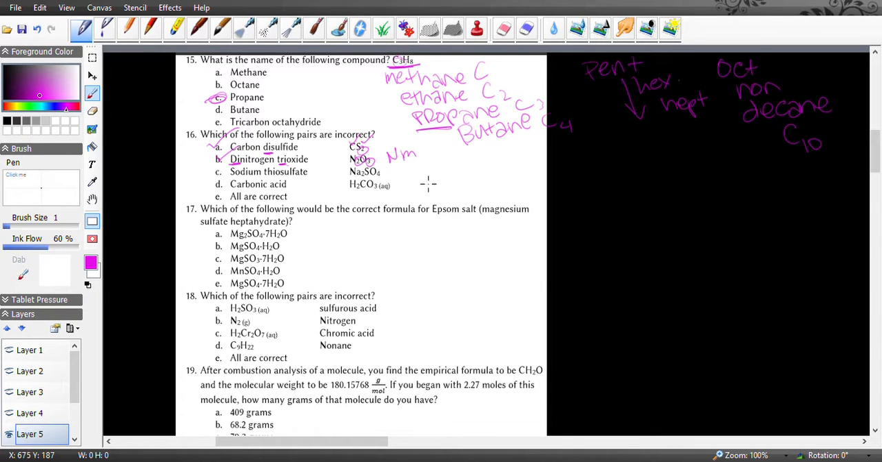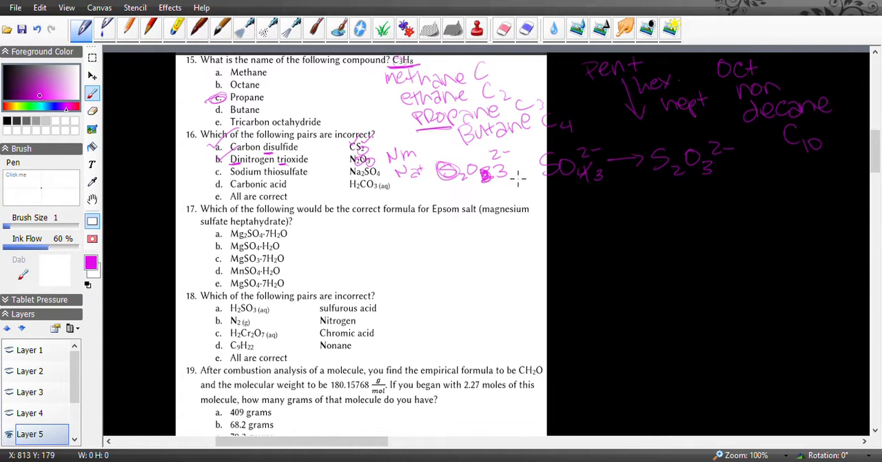Sodium thiosulfate. So sodium is Na, plus thiosulfate is actually S2O2, I think, or S2O3. It's one of the two. But S2O3, that's right, and it's 2 minus. So basically what happens is you have sulfate, SO4 2 minus, and another sulfur atom comes in and takes the place of one of these oxygens. So it turns into